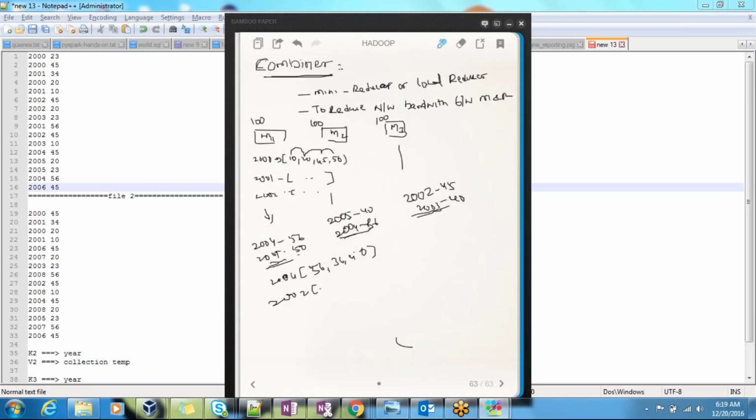So who will do that? We can achieve that with the combiner. Your combiner will execute on each mapper on each data node. Your reducer works globally, collecting all the mapper outputs, and then the reducer executes. But the combiner is not like that. Your combiner will execute for each mapper in a data node. Let's look at a simple example.